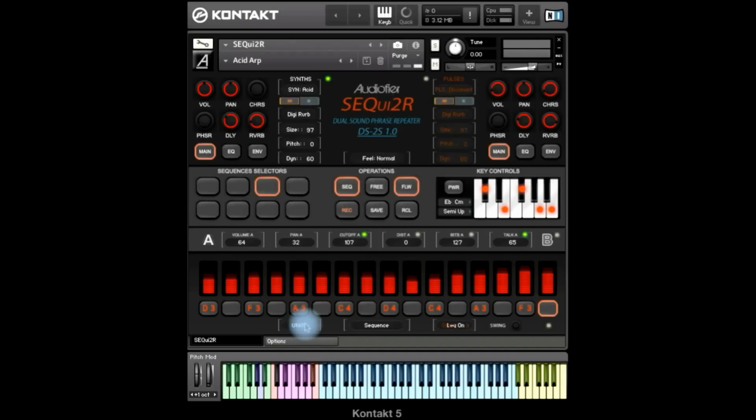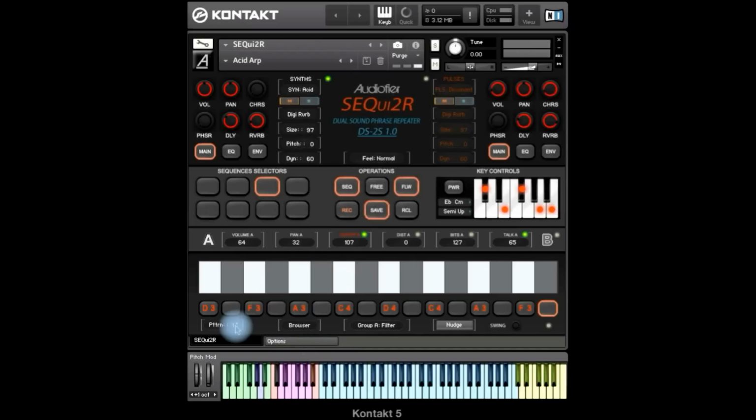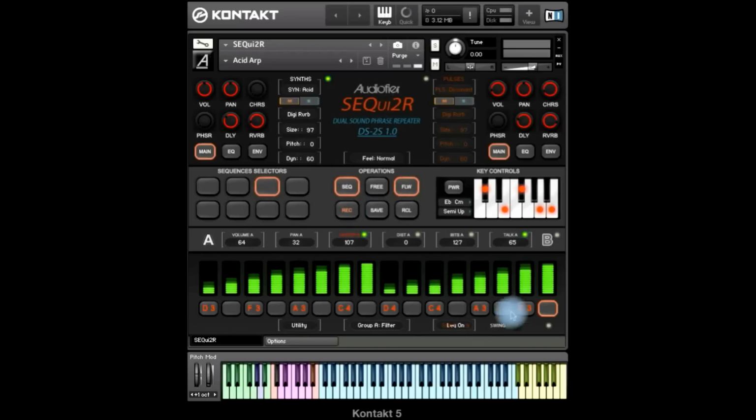Another thing I can do is to use the utility menu to create shapes for my step effects. So let's choose cutoff again. Let's go to browser. I have available 10 different patterns. I'm going to choose this one. Cutoff is still selected. When I press save, the filter shape will be the one that I chose. So when I play now,